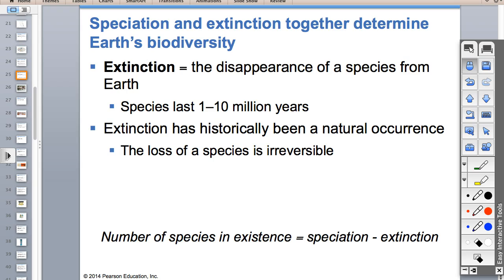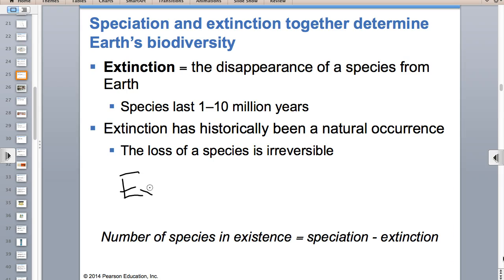I will add another word, extirpation. Extirpated. Extirpation is where you have a localized extinction. So if we had open season today on, I don't know, white-tailed deer, and all the deer in Georgia got shot, which is unlikely. But if it did, they wouldn't be extinct everywhere. They would just be extinct in Georgia. That's called extirpation. So it's a localized extinction.